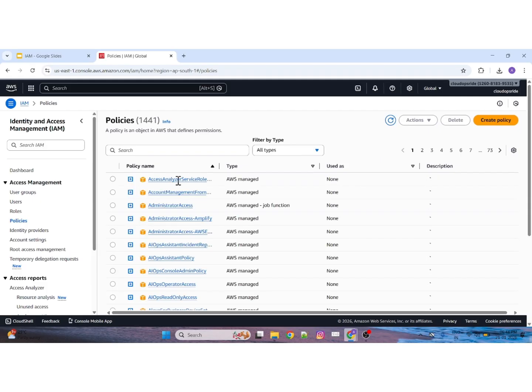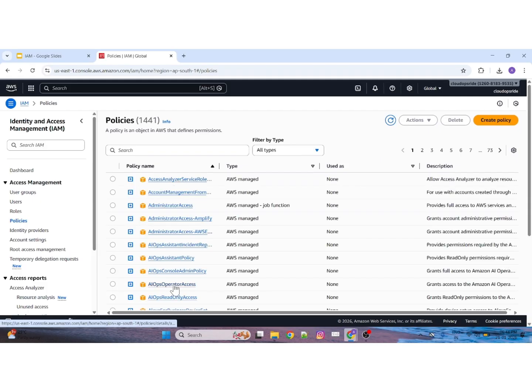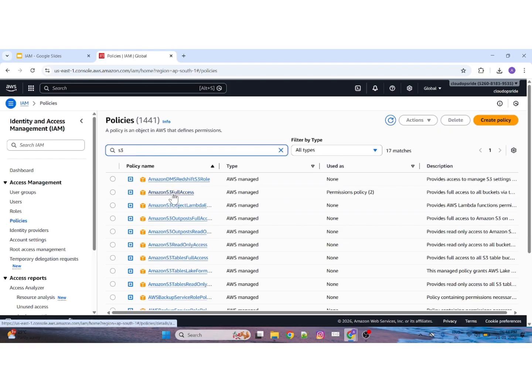in here, whatever the policies that you are seeing, I can assign this policy to any of the users that I create, right? So if I want to showcase, Amazon S3 full access, this policy can be attached on Arun, can be attached on Chetan, right? The same policy I can attach on Arun as well as Chetan. I can reuse these policies. But